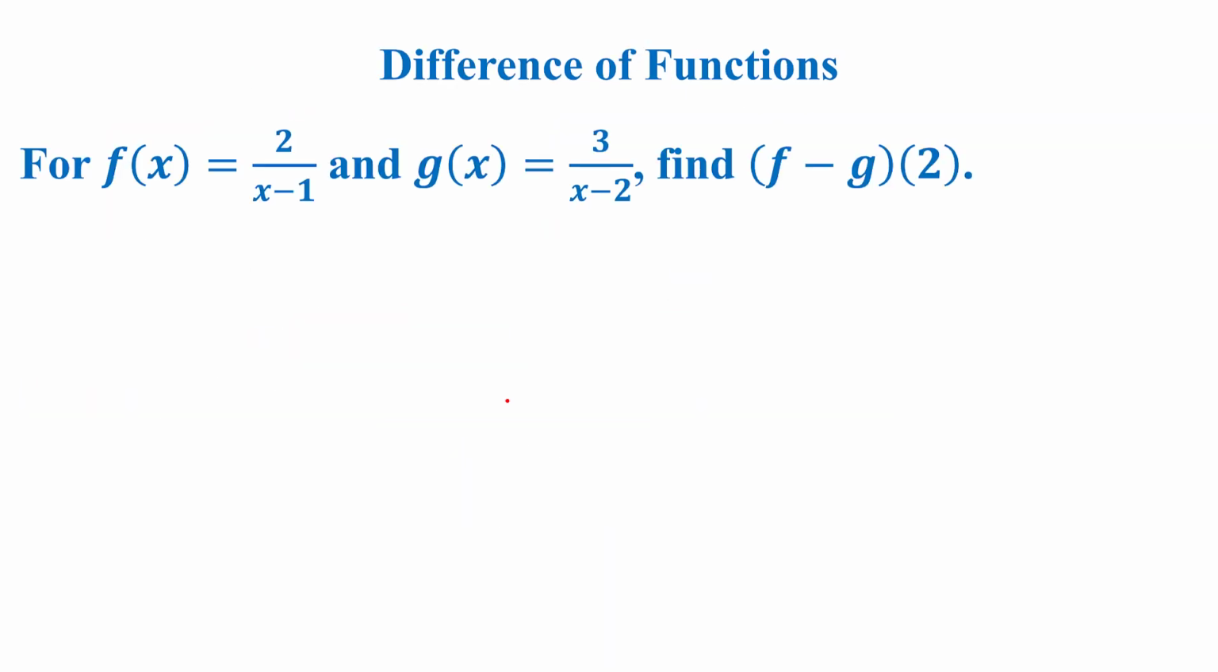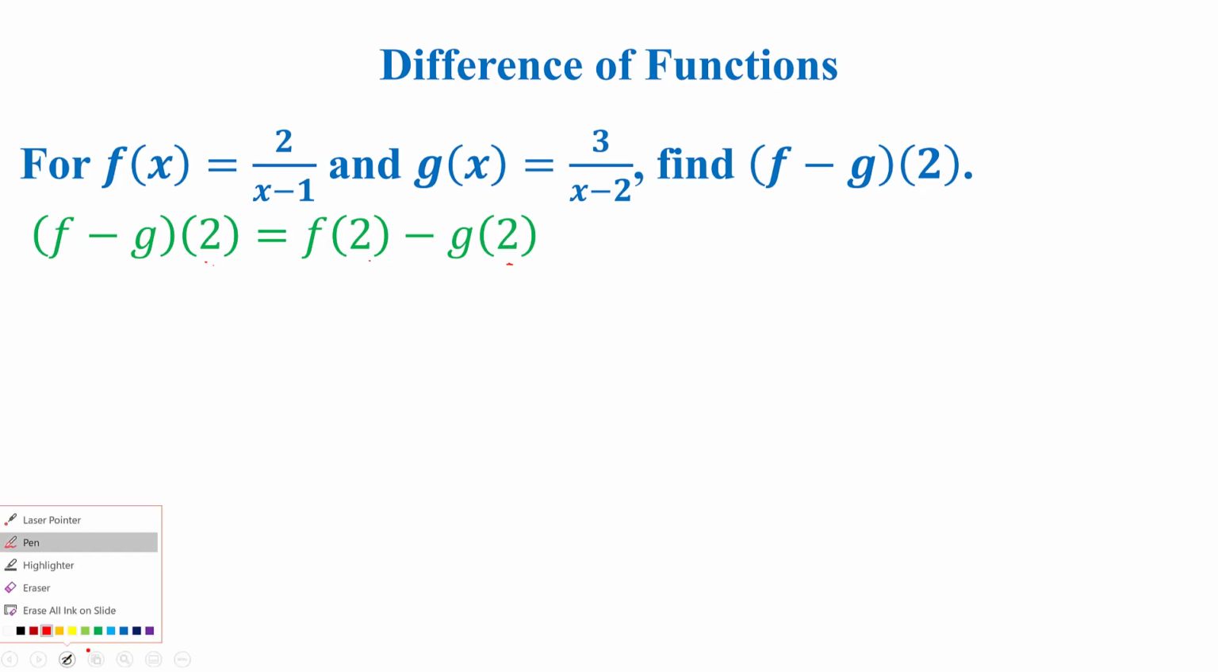Then we're going to look at the difference of functions. We have f of x equals 2 over x minus 1, and g of x equals 3 over x minus 2. We want to find f minus g of 2. Well, f minus g of x is equal to f of x minus g of x. Replacing that x with 2, we have f minus g of 2 is equal to f of 2 minus g of 2. So starting with f of 2,